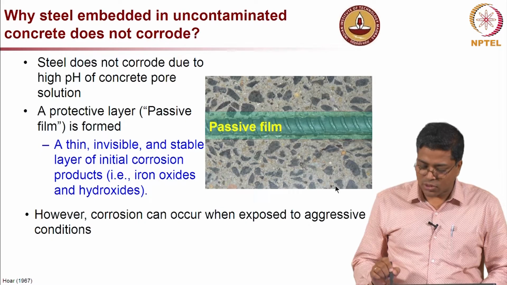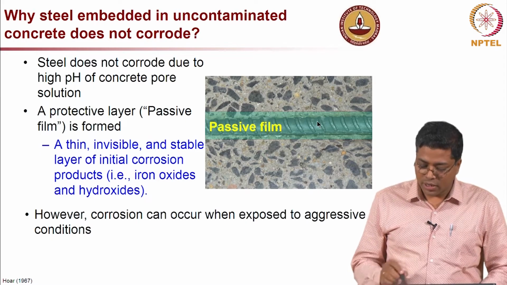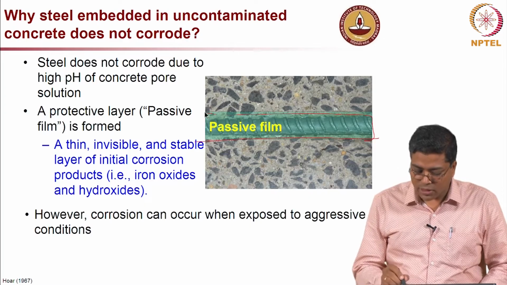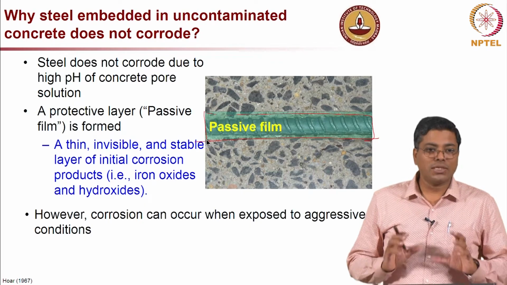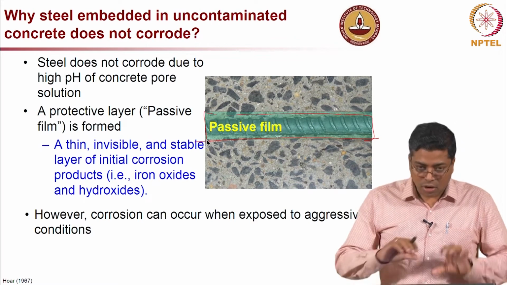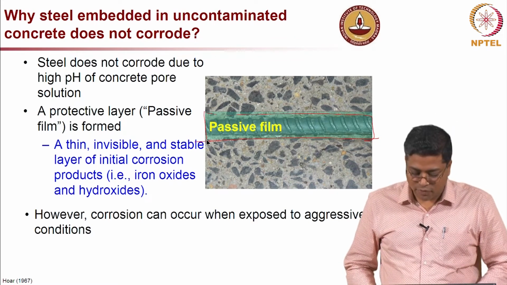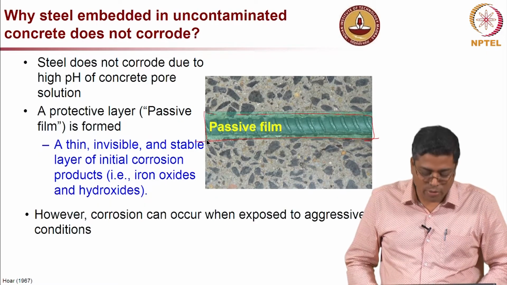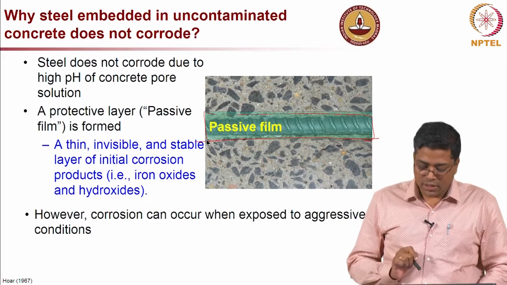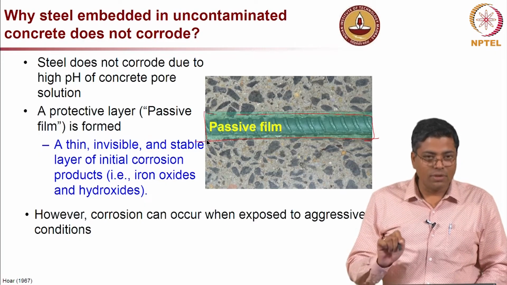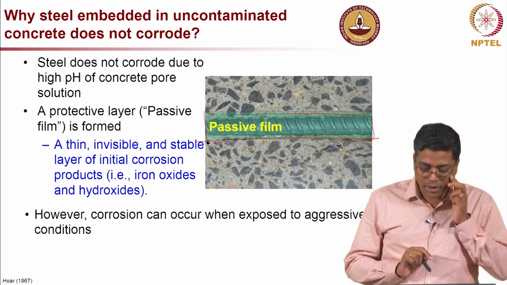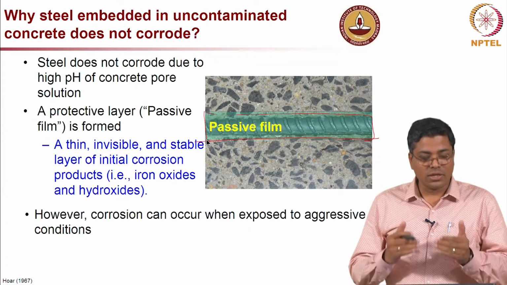This is the photograph showing steel embedded in concrete, and I have drawn here a small green patch, which indicates that some passive film or a protective layer gets formed on the steel surface the moment you immerse the steel into the concrete. Now, you cannot see it. In the case of steel, we cannot see it, it is very dense, colorless, dense,